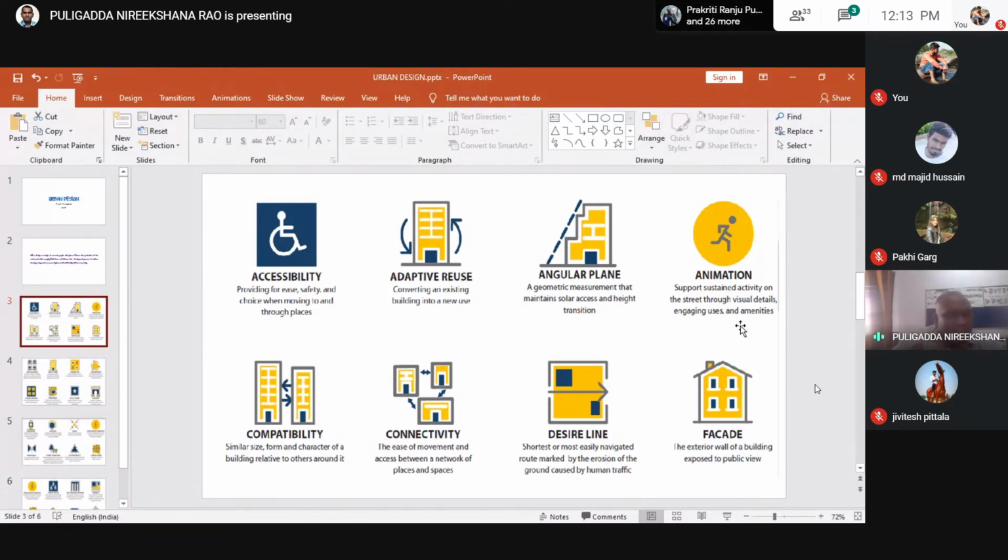If you see the street, people can walk by, pedestrians are there, people can go by bicycles, by cars, and by the way they can purchase a few things. Yes, roadside activities, roadside shops. So these are all animation. What kind of animation is happening here?